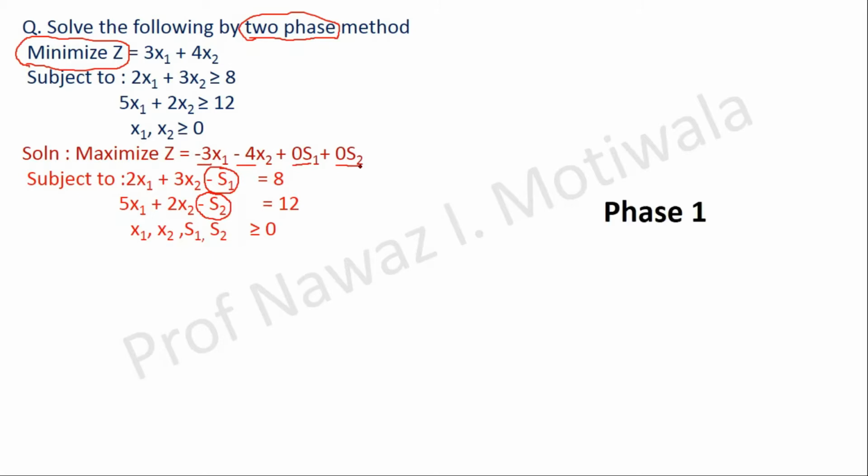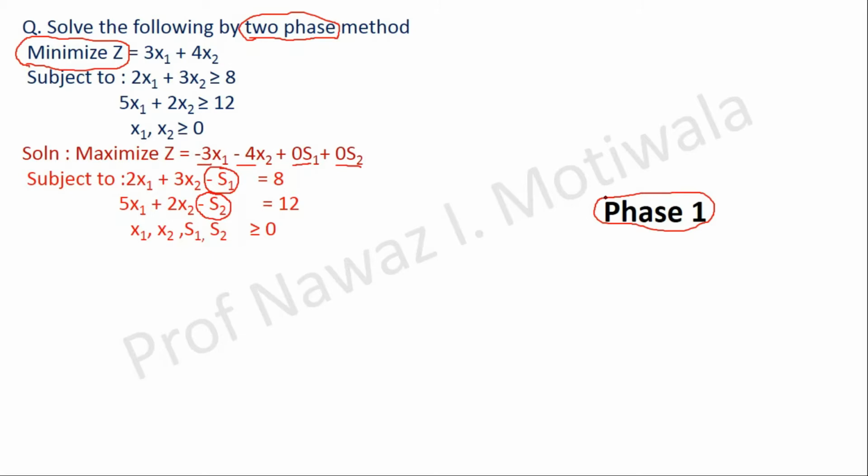What is phase 1? In phase 1, we have to consider only the artificial variables and try to remove them from the solution. We have already seen in the previous classes that artificial variables are not desirable ones. Hence, they should not remain in the solution. So in this phase 1, we will consider only the artificial variables and try to take them out of the solution. That will be the end of phase 1, in which we will eliminate both the artificial variables. How to do that? Let us proceed to the next part.